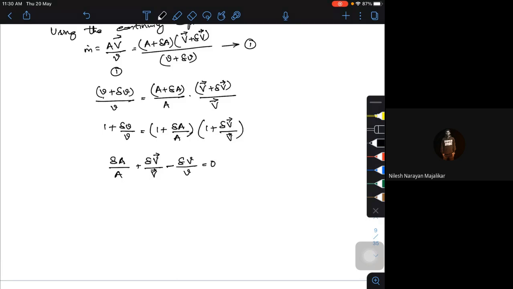If I try to apply the limits for this particular equation, this will become a differential equation, that is dA by A plus dV by V minus dV by V. So applying the limits to the above equation, what I'm going to get is dA by A plus dV by V minus,